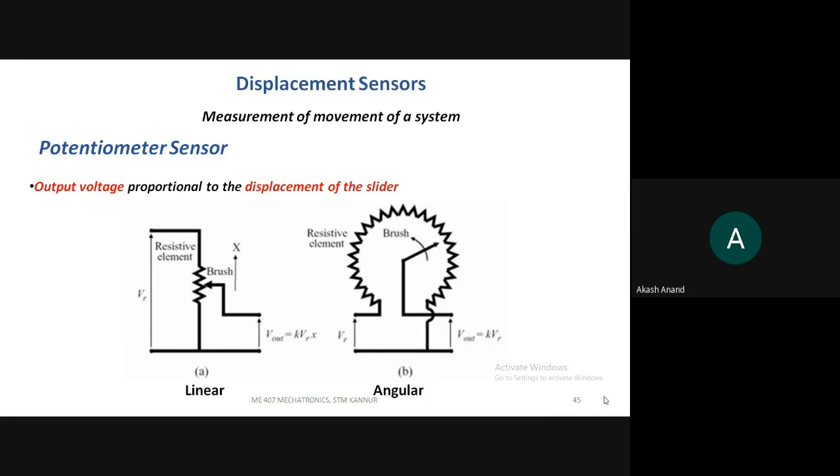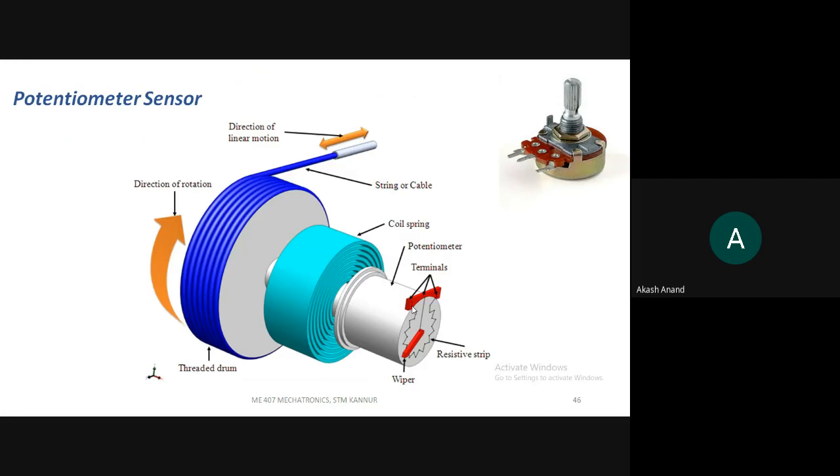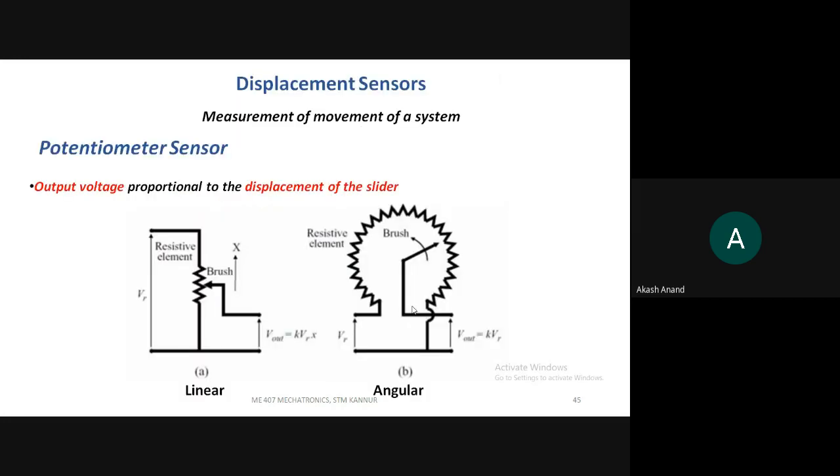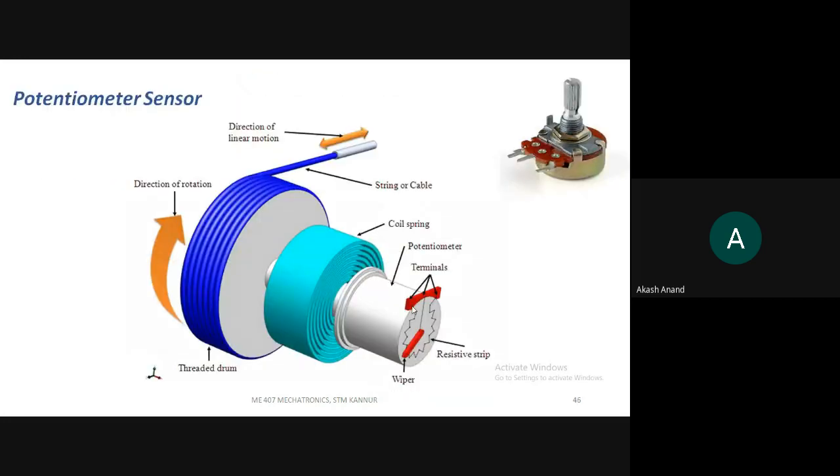That is how we are measuring the displacement. Okay, I think it is clear to you. This is an actual diagram of a potentiometer, which is angular, used for measuring the angular displacement. So you can see components here. I am including this figure only for familiarizing you with the device. You can just understand what it looks like.